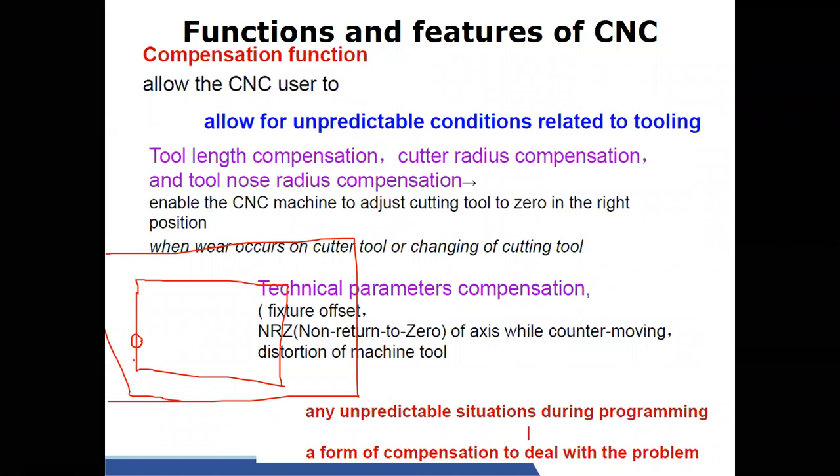I have to compensate it. Instead of following this particular path, if I make my tool move in this path, say here, I can get a perfect rectangle. So this is known as compensation. So tool dimension compensation, or sometimes after using it for 6 months, there may be wear. Because of that, the dimension is reduced. The reduced dimension can also be compensated so that we can get a perfect size, a very tight tolerance. So this kind of compensation function is also given by the CNC system.